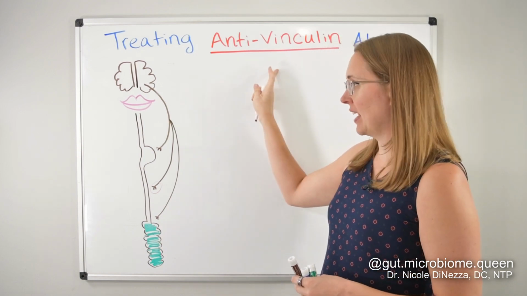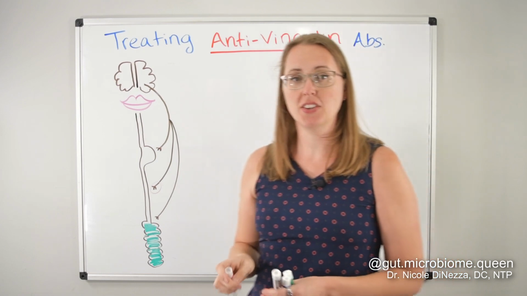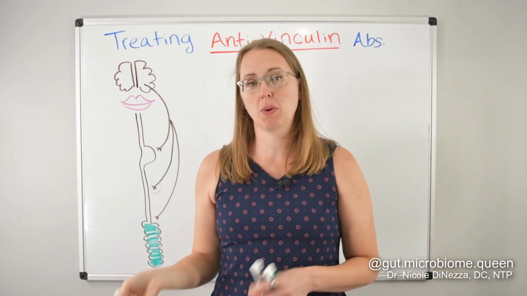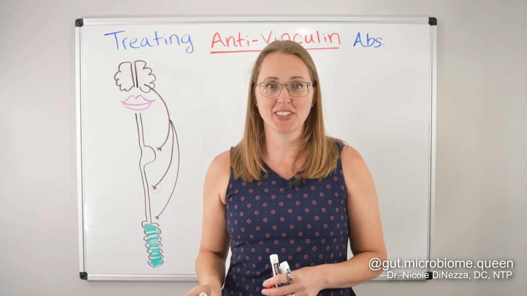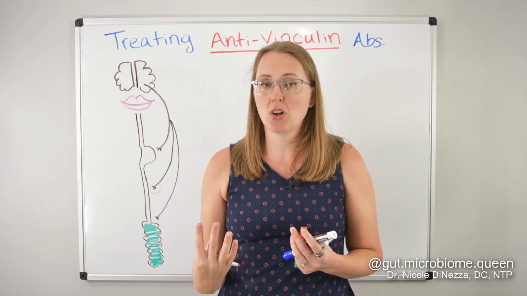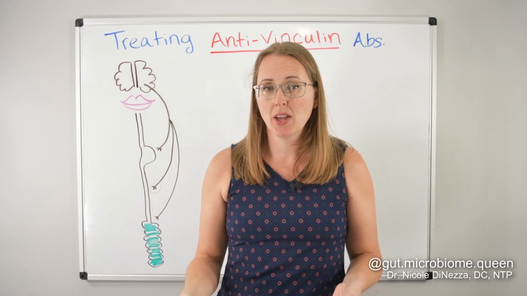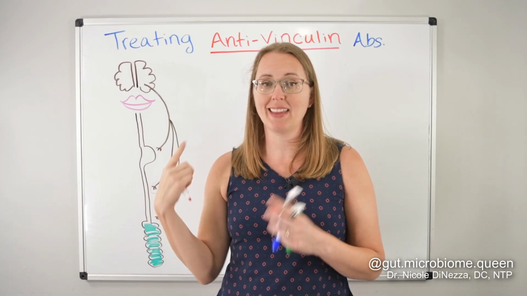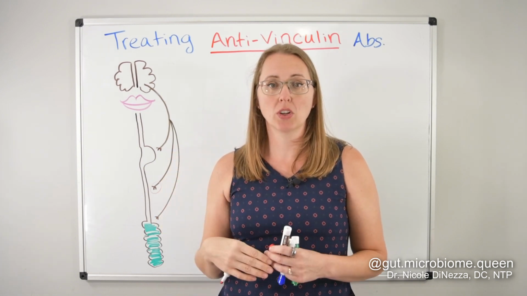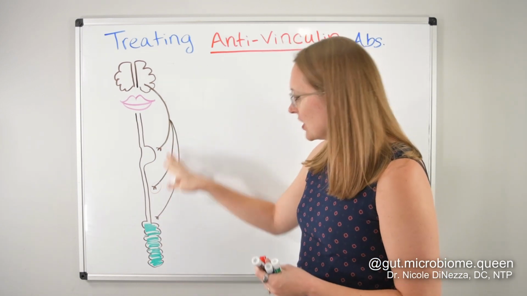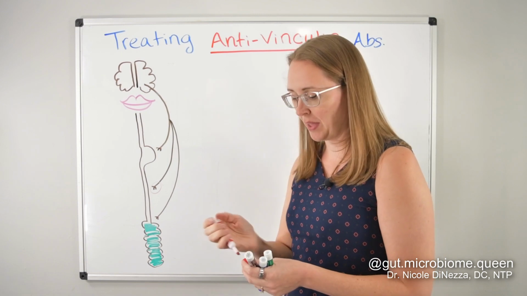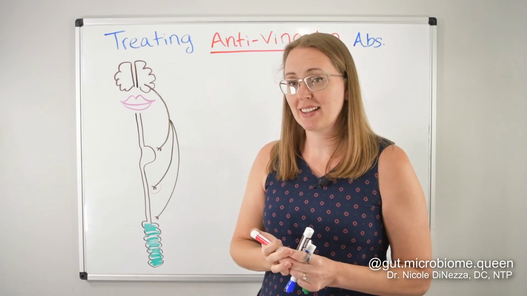Now, anti-vinculin antibodies seem to be secondary to food poisoning for most people. So when you have this type of autoimmunity, it's called post-infectious IBS, or in my opinion, we should be calling it post-infectious SIBO because about 90% of people with anti-vinculin antibodies will go on to develop SIBO because, again, you need motility to keep the bacteria down in the colon where they belong, and without that motility, that favors the